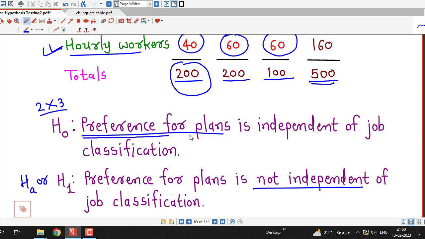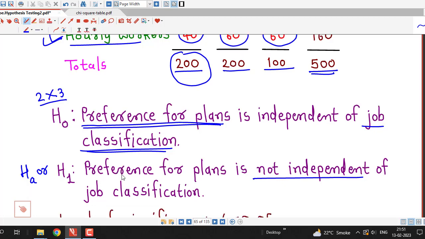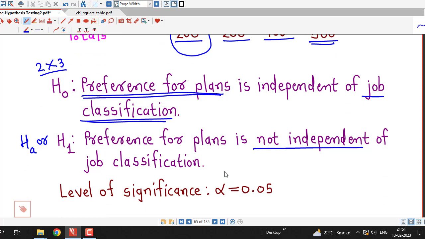There are two variables: preference for plans and job classification. We assume the null hypothesis that they are independent, and this is the alternative hypothesis. The level of significance is given as